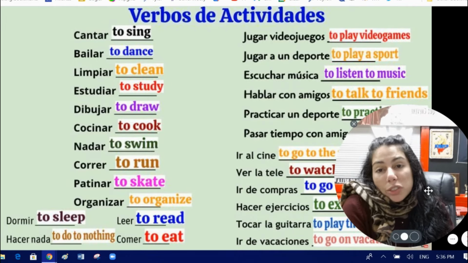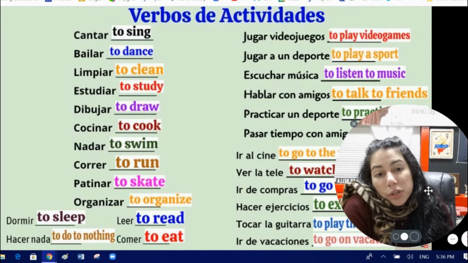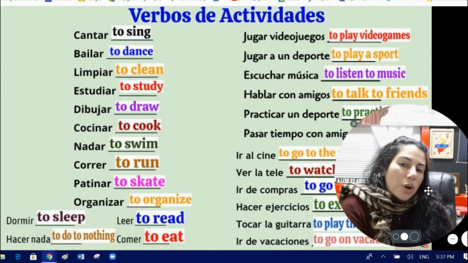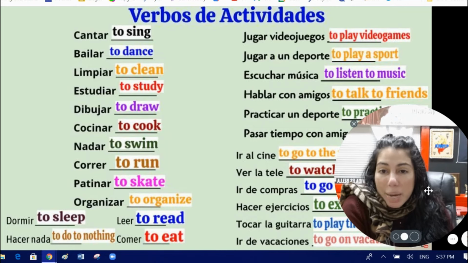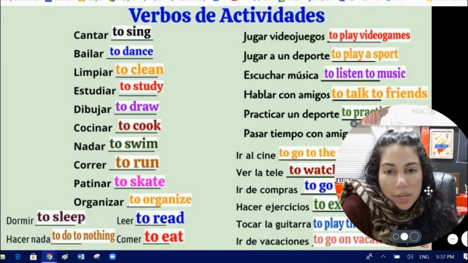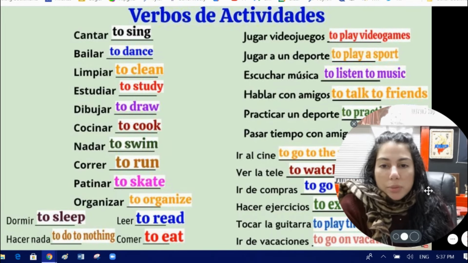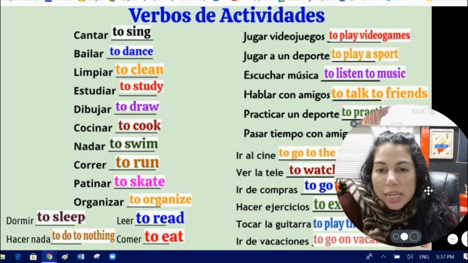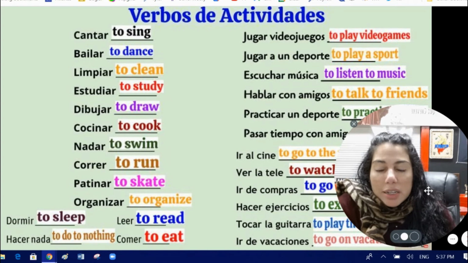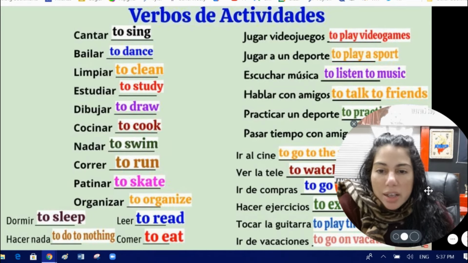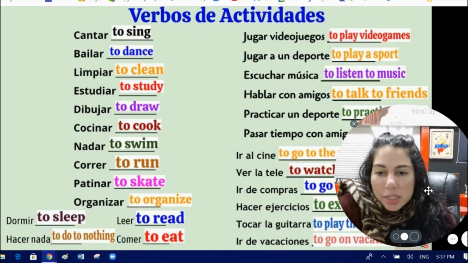These are verbs that come up a lot in the novels we read, when we are talking with our friends, and when you're talking about what you like to do. So remember, all verbs in Spanish will end either in AR, ER, or IR. So we have cantar, bailar, limpiar, and just see next to it what each means. I have it there for you so you can write down the meaning. So I'm going to go down so you know how to say it. Estudiar, dibujar, cocinar, nadar, correr, patinar, organizar, dormir,